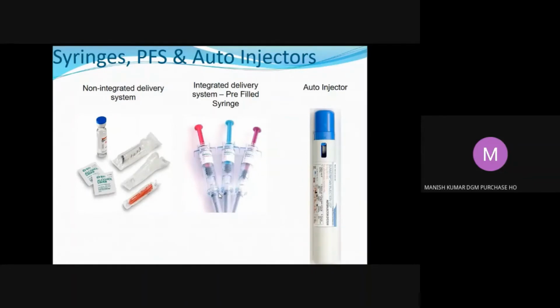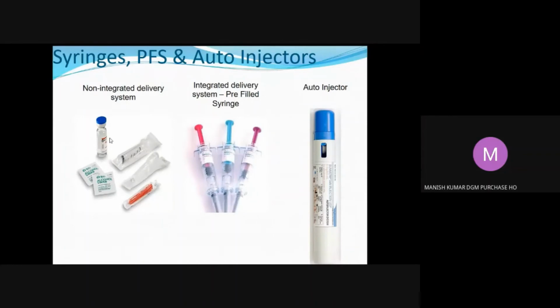And another type of new development, a new trend in the world, is the auto injector or injector pen. So you can put the medicine cartridge here, and if patients are taking medicines every day, like a diabetic patient who has to take the injection every day, he can use the auto injector. He will put the medicine inside the auto injector pen, and he can inject himself also for those medicines. So all three types of syringes are available in the market.